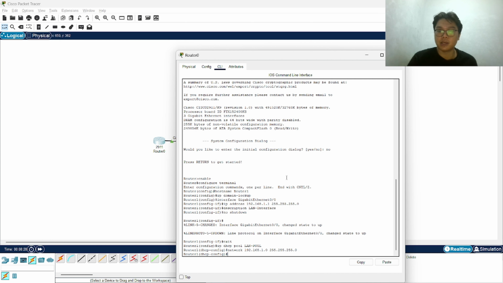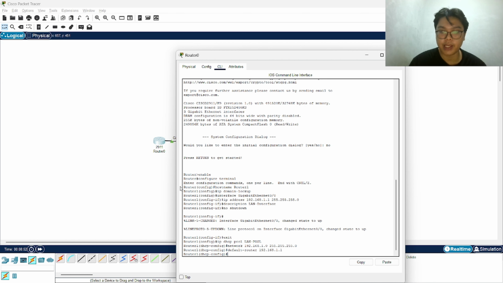Okay, that's successful. And we're going to choose the default router, the IP of the router, with default-router, then give it the IP 192.168.1.1. Enter.